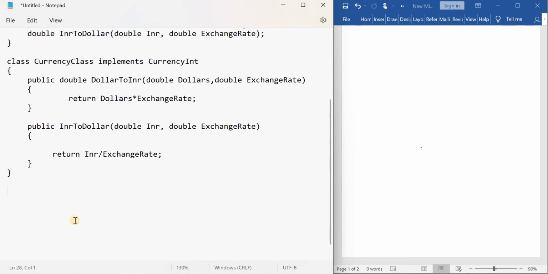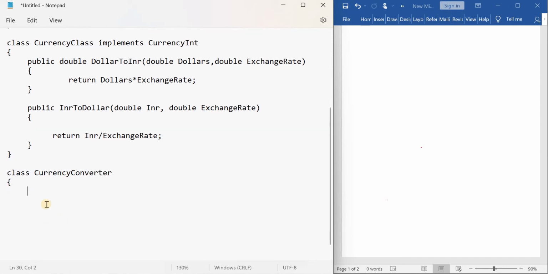Now I will write the main class, right? So class, give some name. So I gave the name as CurrencyConverter. And in this class, actually there will be so many variables, but right now I'm not going to declare all those things. So I will continue my program, and as and when required, I will declare the variables there. And one more thing, there might be some mistakes here, so I will correct all those mistakes at the time of compilation. Okay, so right now I feel everything is right, but if any mistakes are there, we will do all those corrections at the time of compilation.